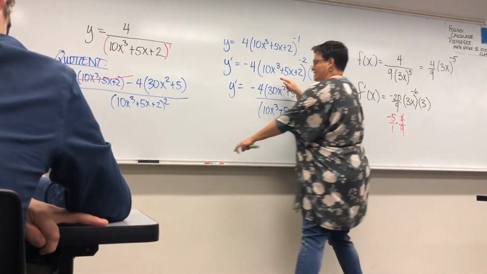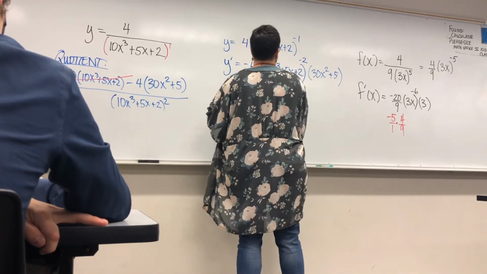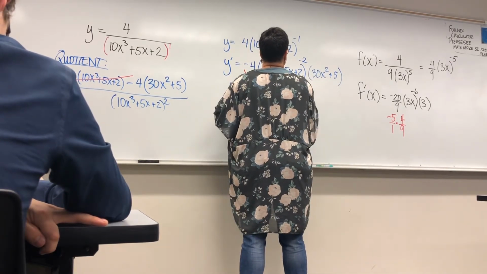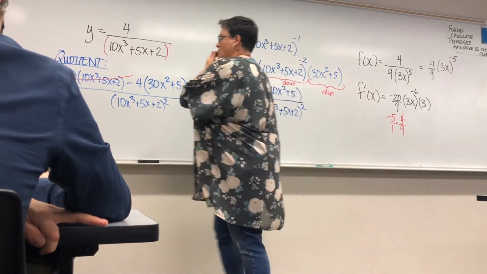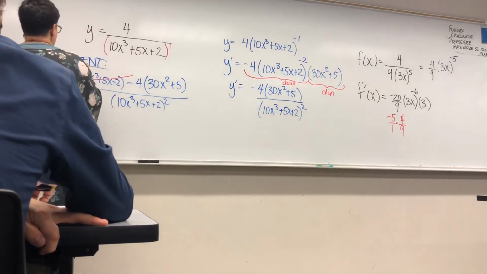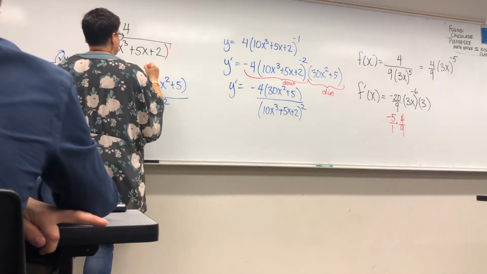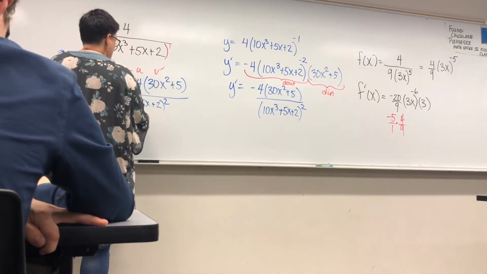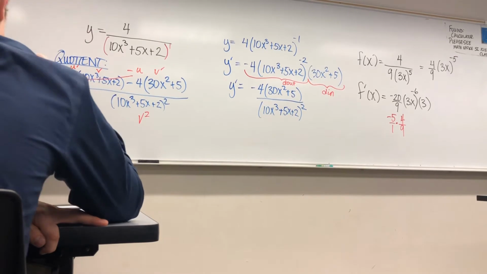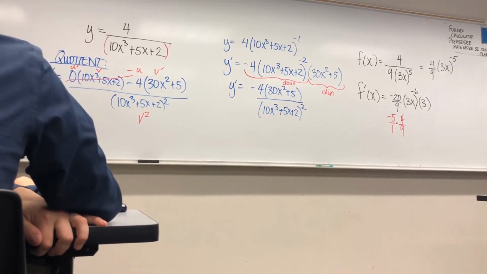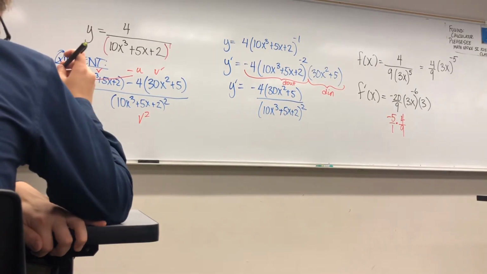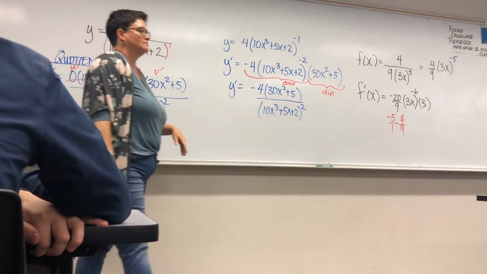Oh, now I see it. This is d out, and this is d in. Okay. And over here, we had u prime times v minus u times v prime over v squared. So two different methods give us the same answer. So you just find the one that's most elegant for you. Find the one that floats your boat, blows your hair back,